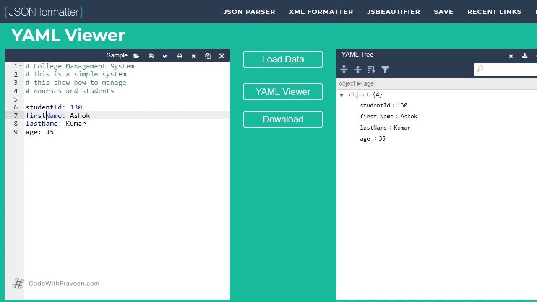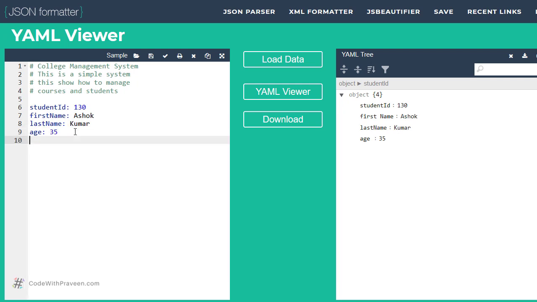The final point I would like to mention about the keys is that the keys have to be unique in a given scope. Meaning that currently we are in a specific scope called the root scope. So within this scope, the keys should be unique, which means that you cannot have another key which is already present here, say first name. This is not going to work. The reason being the first name has already been defined in this specific scope. Hence, you cannot have the same key repeated.